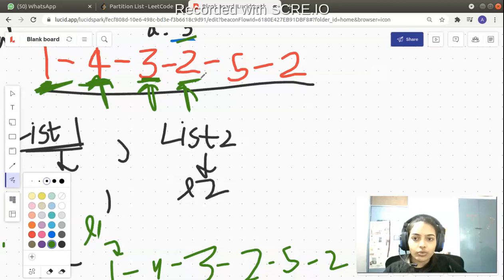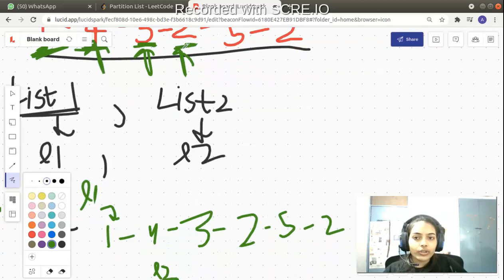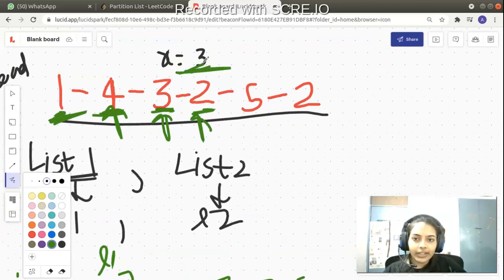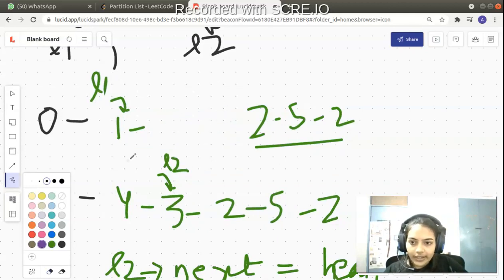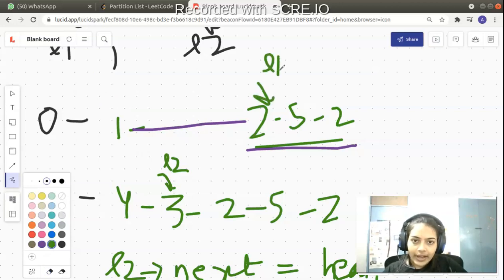So next element is 2. 2 is lesser than 3. 3 is our node element, 2 is lesser than 3. So the next node that will be attached to L1 will be the node starting from 2, right? So basically I can erase all these. This node will get attached because L1's next will be equal to the head node, and current head node has this node starting from the value 2 and all these elements. And then I shift my L1. So this is what I do. I shift my L1. Okay.